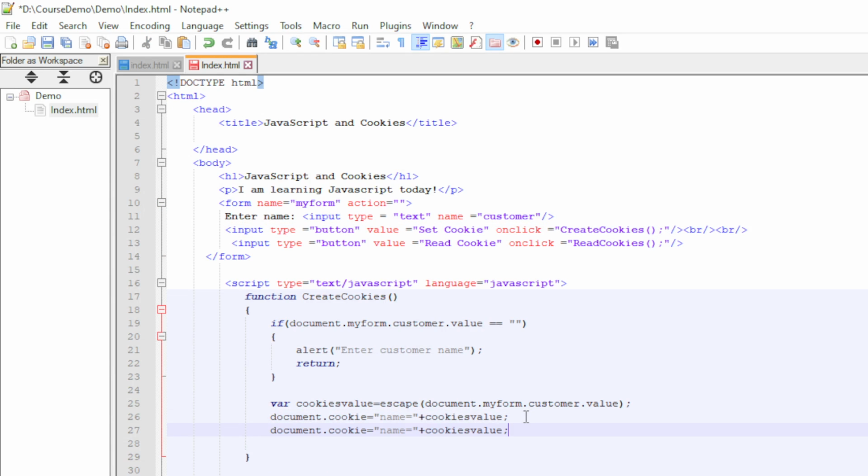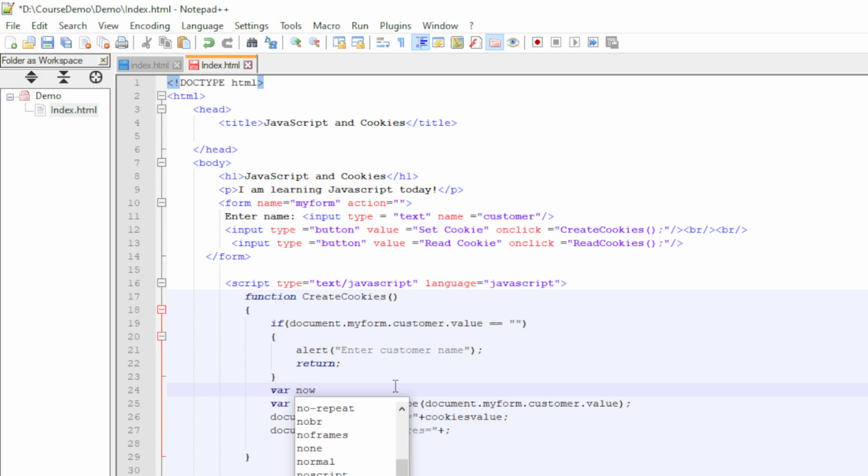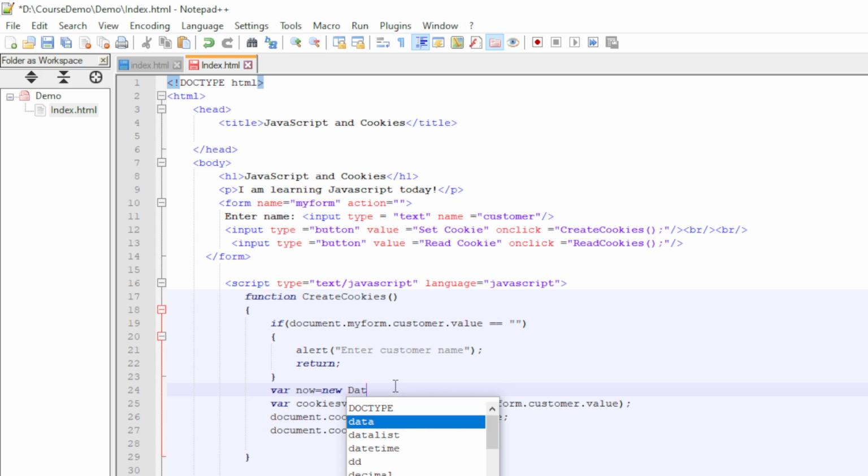One more property we can add here is expires, and we can use it where now is equal to new Date.